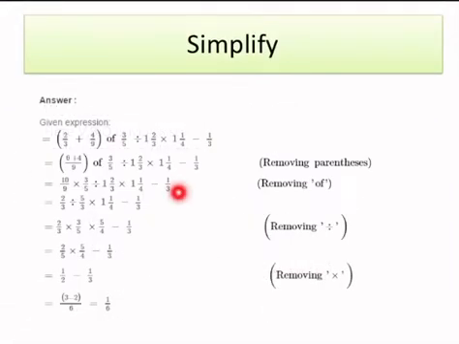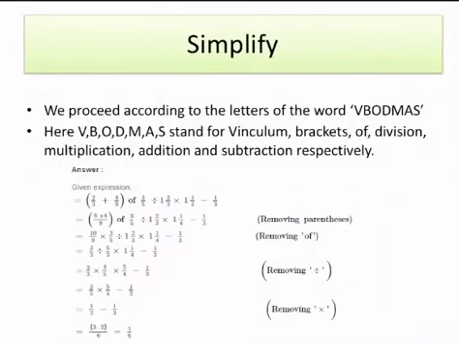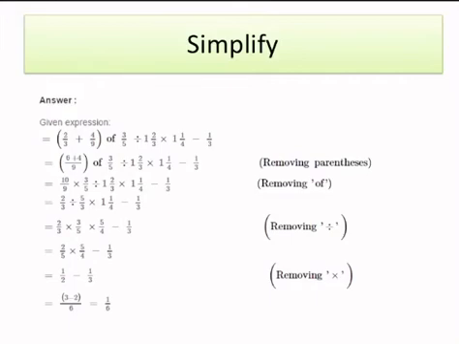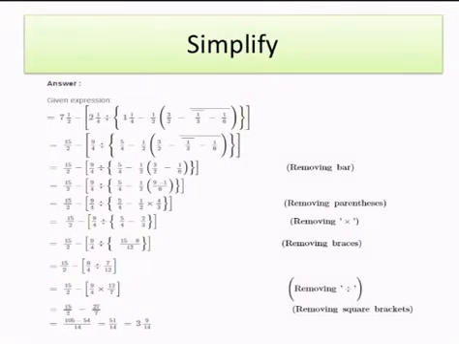So next example, here we have taken one more example. This is just same. Here we are having bar also, round brackets, curly brackets, and square brackets. First of all, we are removing the bar, then we are going to remove the parenthesis, that is round bracket, then we are going to do the BODMAS method in this curly bracket. Then we are going to remove the braces, then we are going to remove the division sign, and we will write it by interchanging their numerator and denominator. Then we are going to solve.